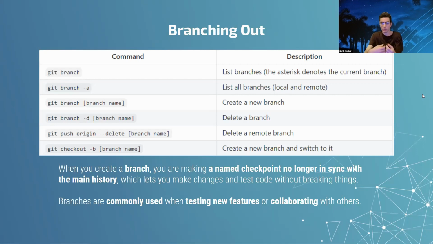So it's basically a named checkpoint like a commit, but it's no longer in sync with the main history, which lets you make changes and test code without breaking things. Branches are commonly used, like I said, with testing new features or collaborating with others in order to not mess up their code. These are some commands we commonly use to do that, like git branch, git checkout, which changes your local version of Git to that branch,